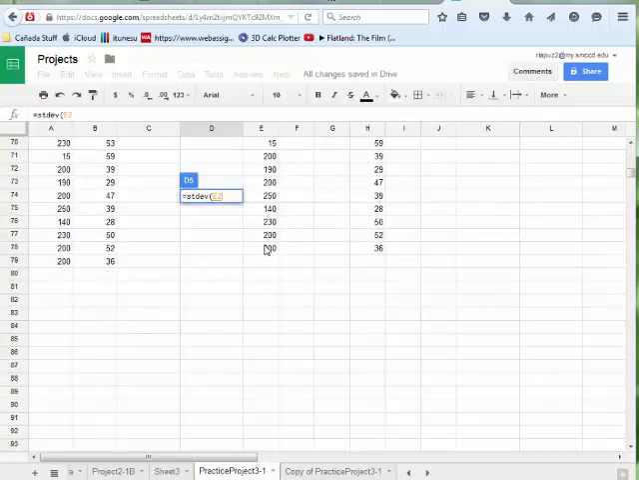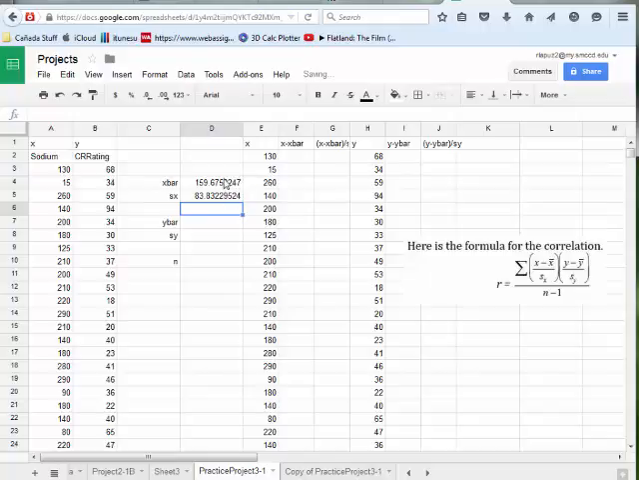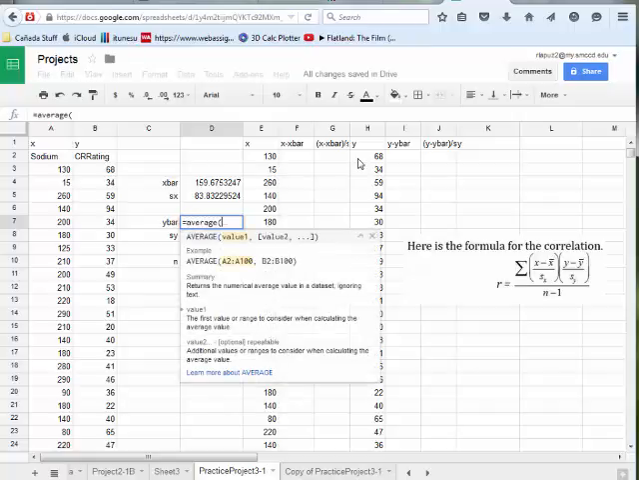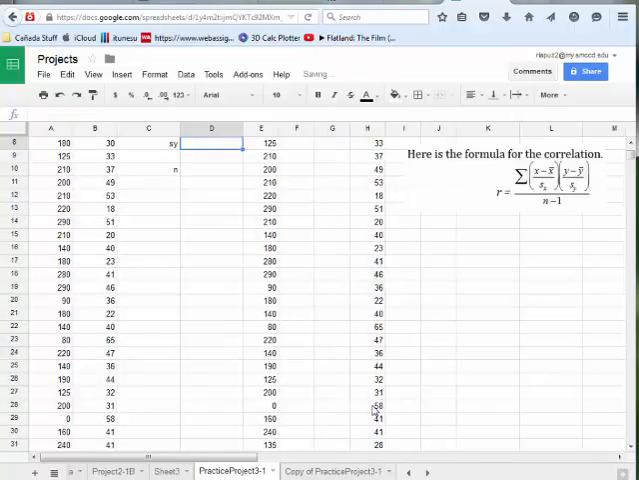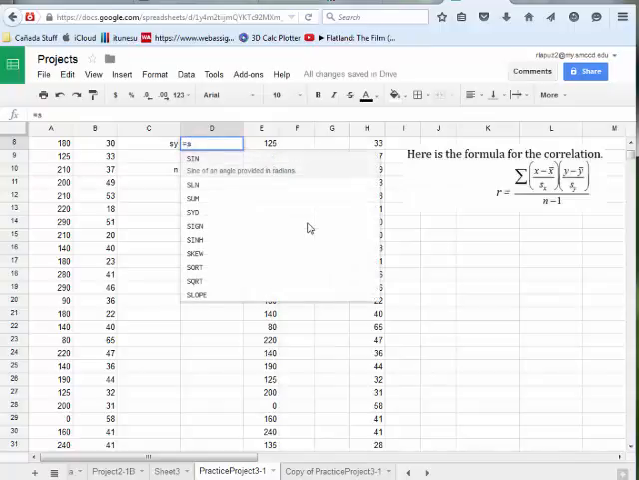So I'm clicking, and I'm going to scroll down to the last element and hold shift. While holding the shift down, I'll click on the last element, and that's going to highlight everything in there. So I got my mean and standard deviation for my X values. Now let's find the mean and standard deviation for my Y values. Again, a click and a shift click to cover everything, and then a standard deviation